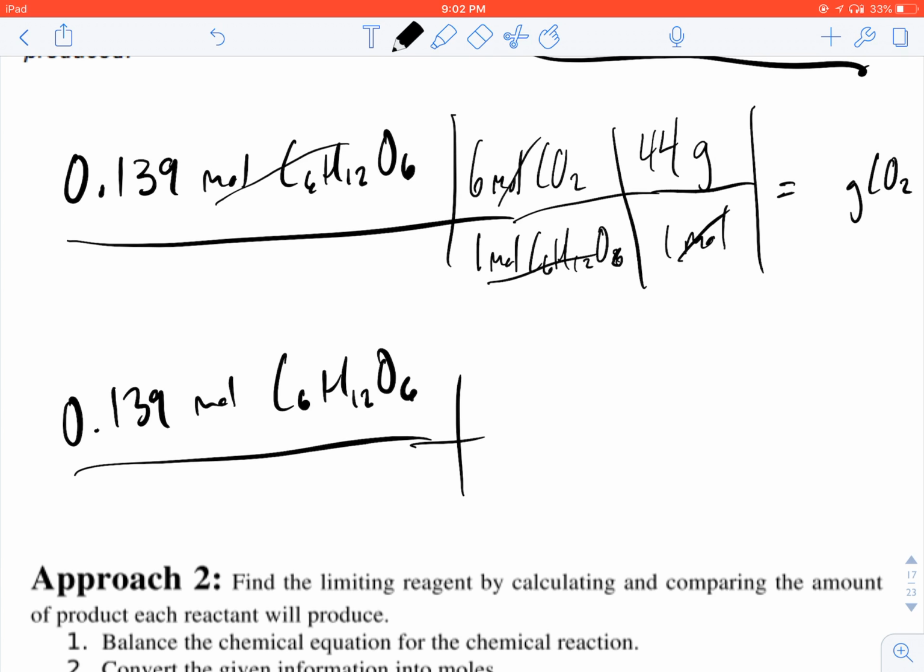So now we just do the math. 0.139 times 6 times 44, and we will get about, I'm just going to round it, 37 grams of carbon